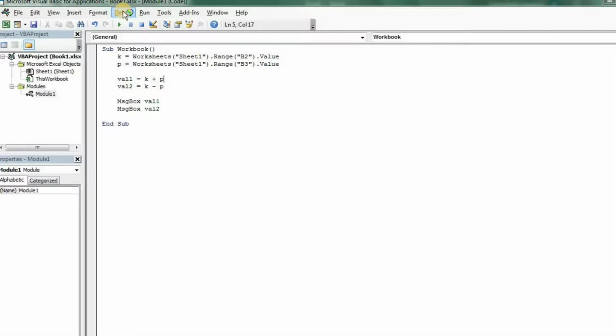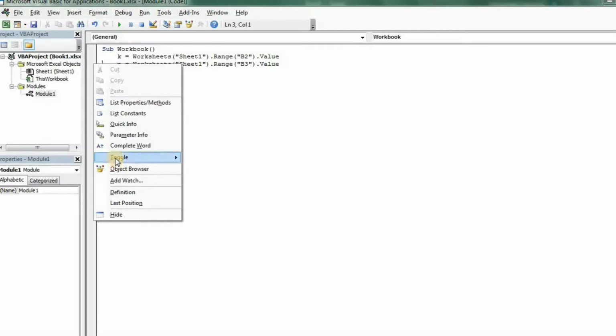For that, first of all you need to insert breakpoints. If you want to know the output for a particular statement up to that point of execution, you need to put a breakpoint there. So I am adding a breakpoint here.